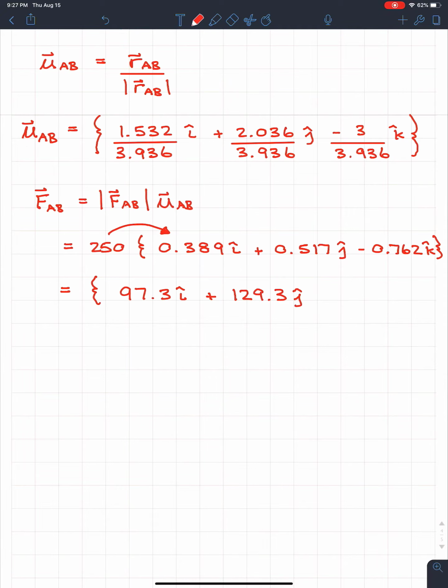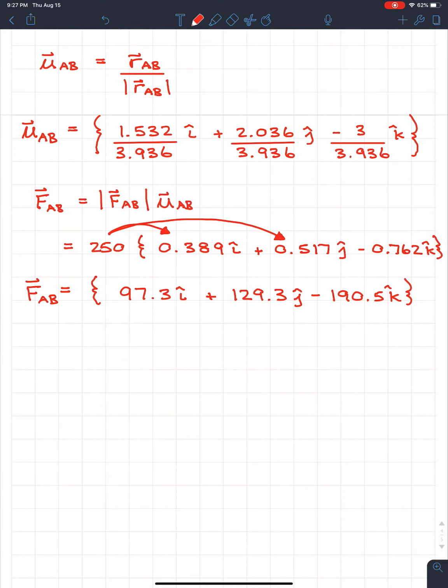And again, to get this number, I'm taking the 250 and multiplying it by the 0.517. And then finally, we got minus 190.5k. And that's in the z direction. And that right there is our vector AB, our force vector AB